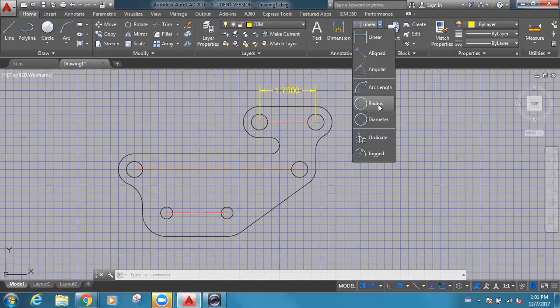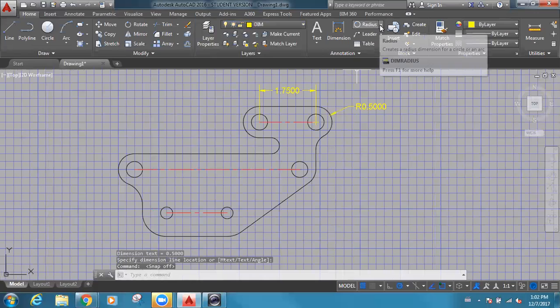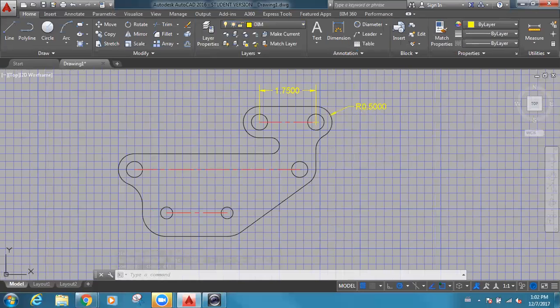For radius, you're going to drop down. You'll get a pick box, and you'll select the radius you want to dimension and pull away and drop one in. You may need to turn snap off to be able to grab some of these different ones. If it's specified as diameter, click diameter. Come in and select the circle, and then drop in. So I'd continue around until that is done. And at that point, this would be ready to be graded. If you need to save it, we can go through and pull up the video on how to save a drawing. Otherwise, I'll come around and grade